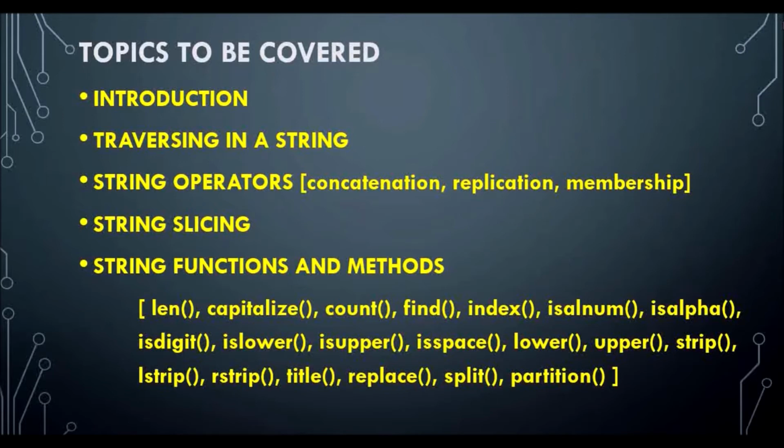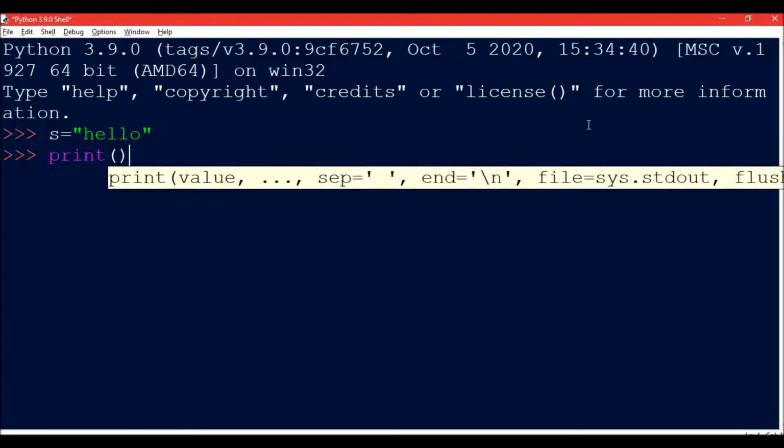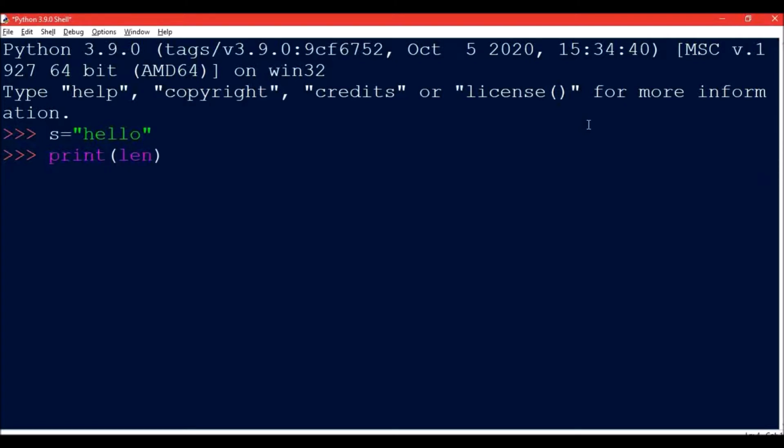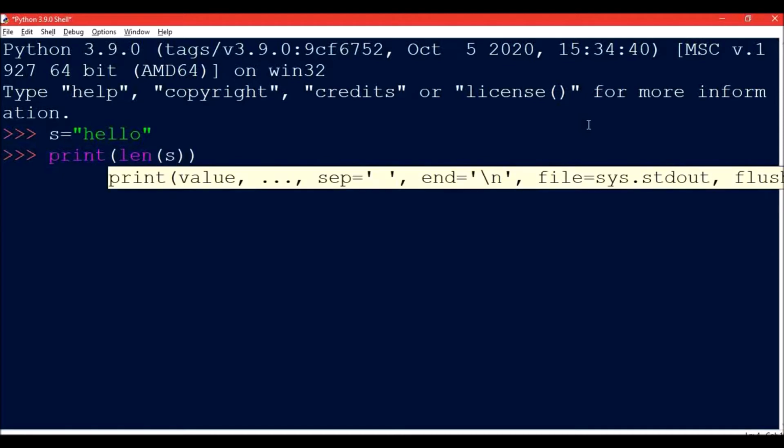The len function returns the length of its argument string, that is, it returns the count of characters in the passed string. If I write s is equal to "hello" and I write print len(s), what does this mean?